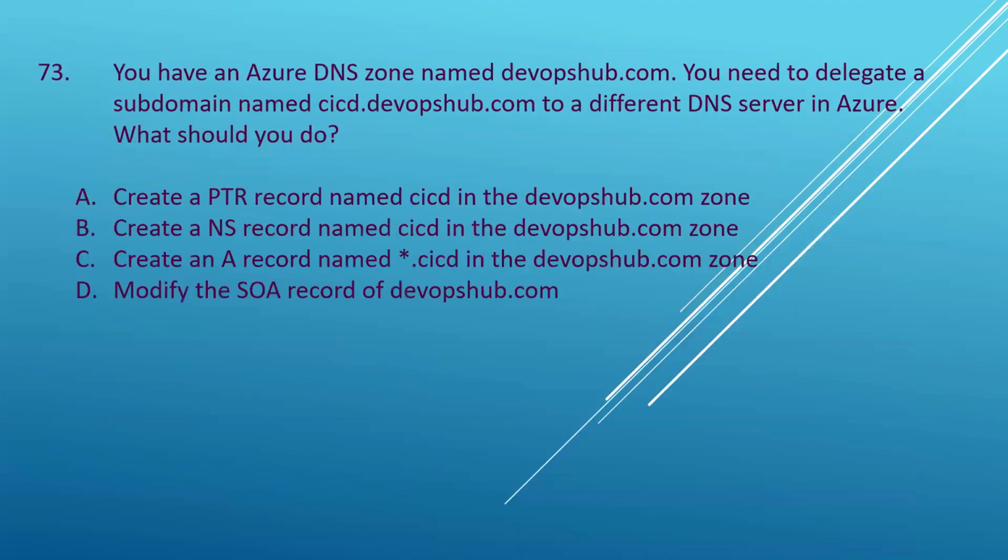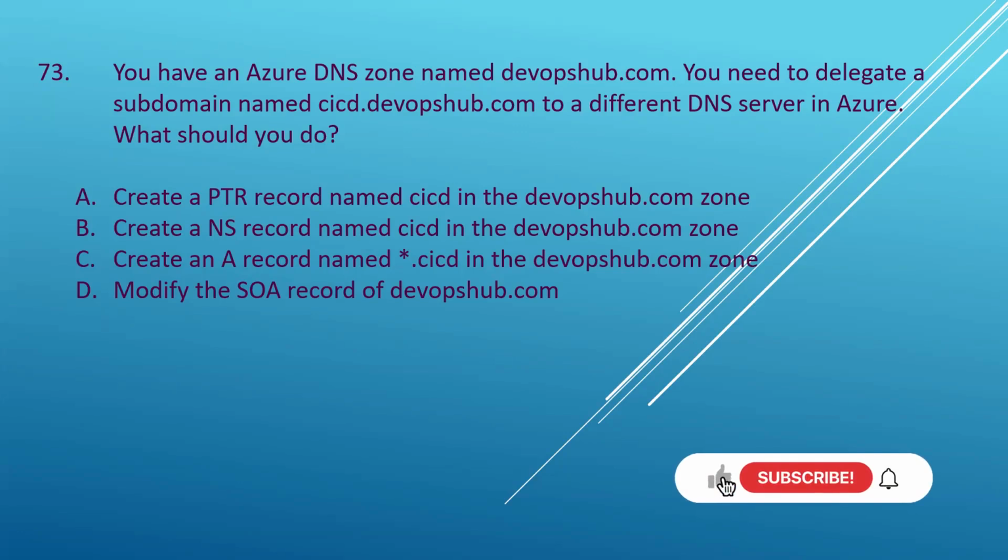Question number 73 of the series. You have an Azure DNS zone named DevOpsHub.com. You need to delegate a subdomain named cicd.devopshub.com to a different DNS server in Azure. What should you do? Your options are create a PTR record named CICD in DevOpsHub.com zone, create a NS record